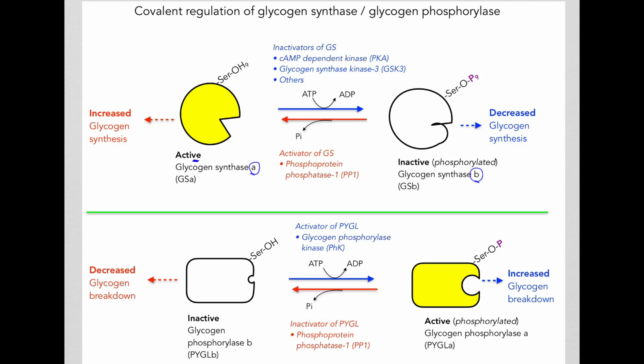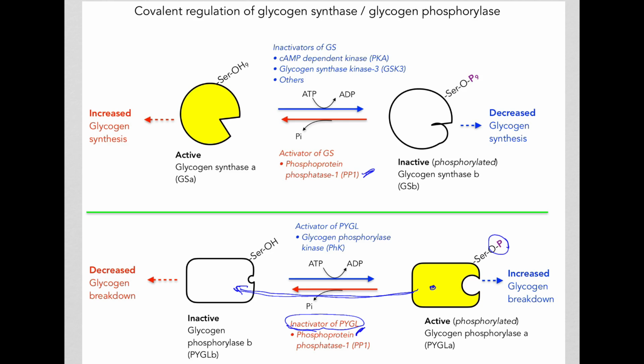So in this case, the active form here is the A form and the inactive form would be the B form. Now the active form of glycogen phosphorylase can be converted into the inactive form by removing this phosphate, and this is done by the same protein that we discussed here, PP1. So since PP1 makes the active form into the inactive form, we can consider PP1 to be an inactivator of